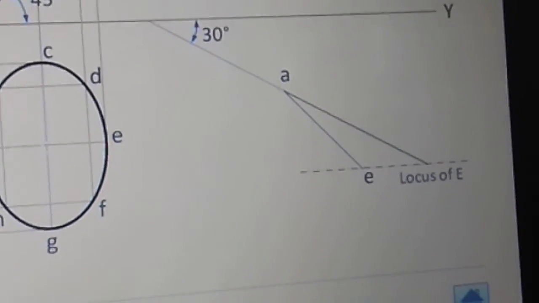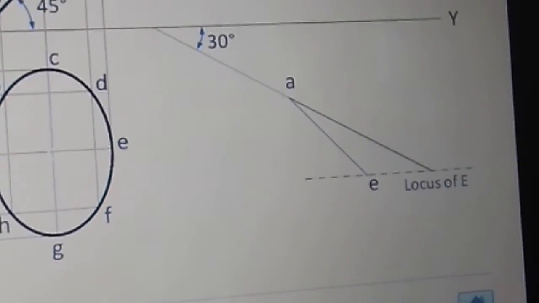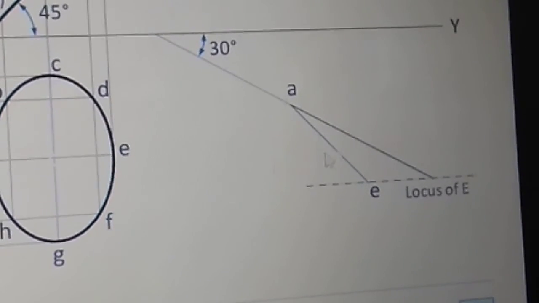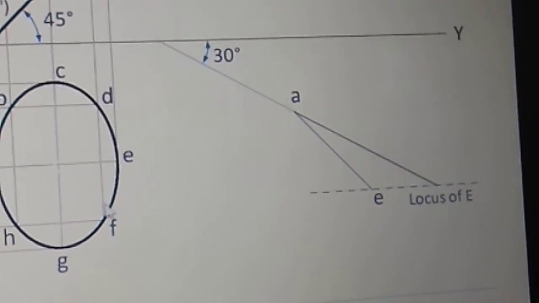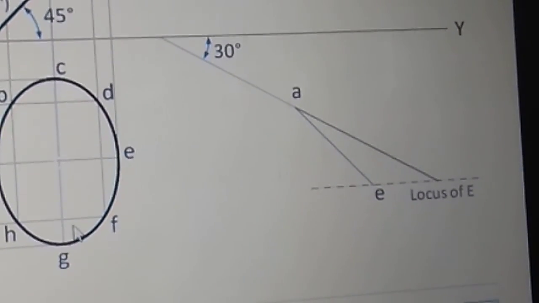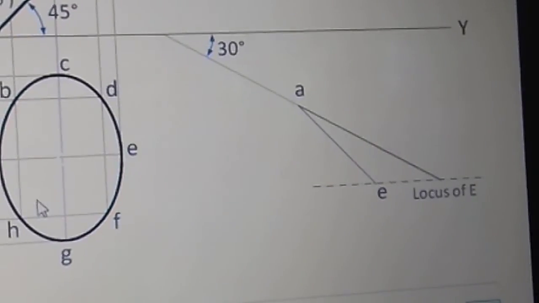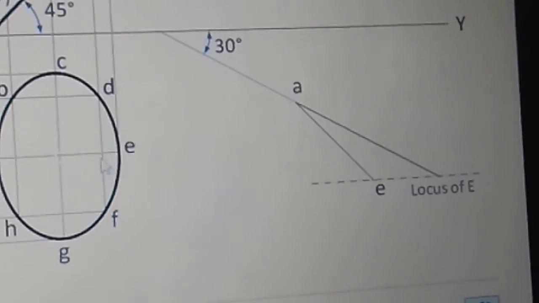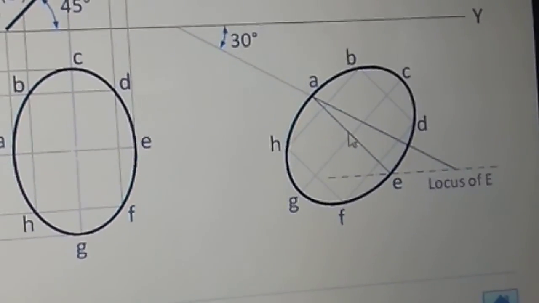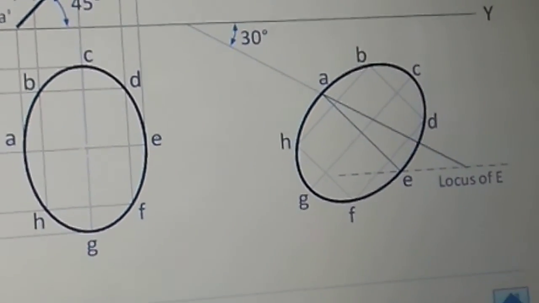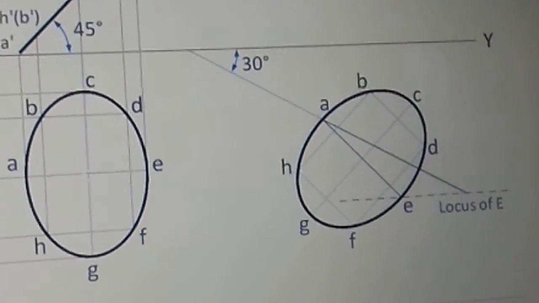Then with respect to AE, you transfer by means of the box method, or by considering lines parallel to this AE. BD and HF are parallel, and G is situated at some distance from HF or with respect to AE. You transfer all the points with respect to AE. Again, you get the same ellipse obtained in the second position top view, and you transfer it here. Then you draw the projections.